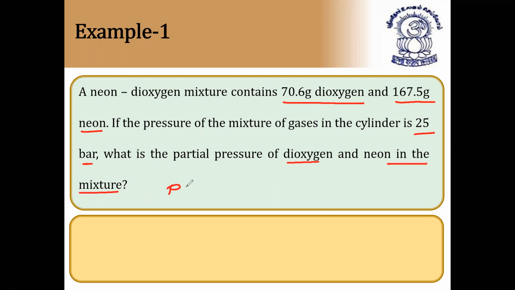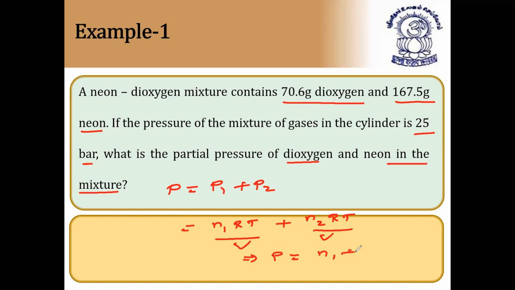So total pressure is equal to the sum of the partial pressures, P1 plus P2. But what is P1? P1 is equal to N1RT by V. And what is P2? N2RT by V. So by this you can write P is equal to (N1 plus N2) RT by V. So the number of moles, and how to find the number of moles by using this? They have given weight only. They have not given the number of moles directly. They have given weight. So from this you can find N1 is equal to